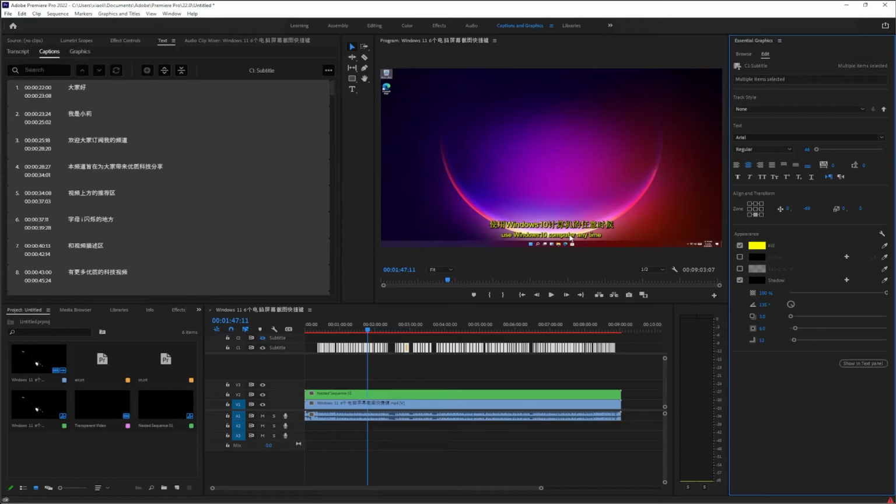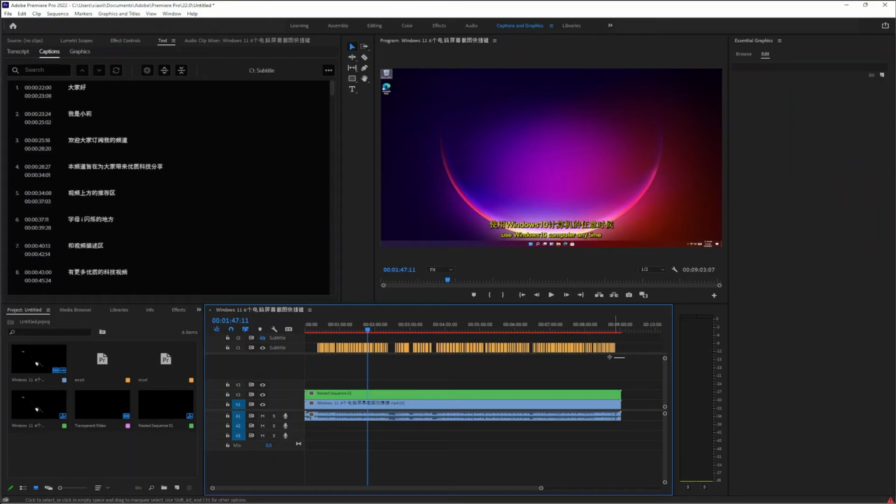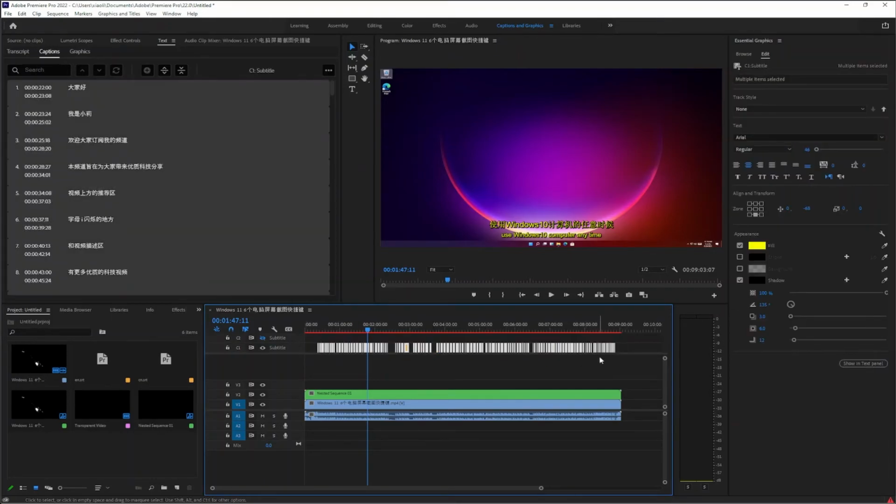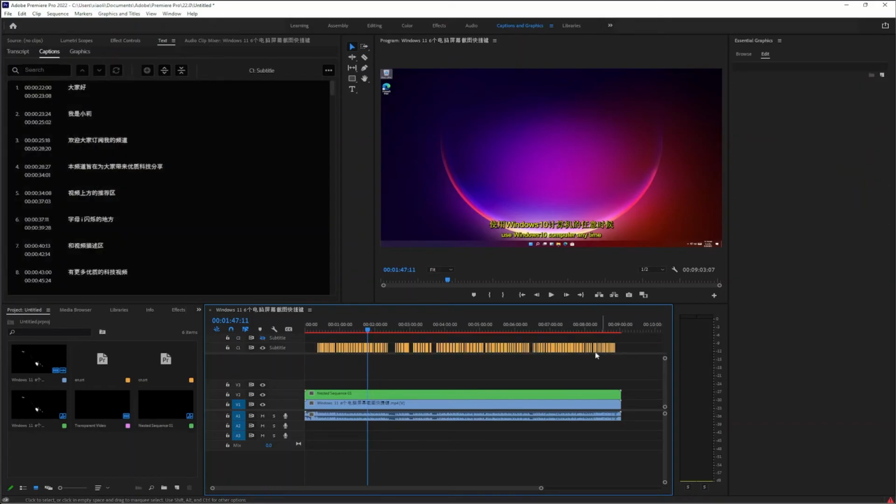One thing that needs a lot of attention is bilingual video production using this scheme. If you need to export subtitle files, you can only export subtitles for the current subtitle track, because English subtitles are not subtitles anymore. English subtitles and transparent video are already a sequence. So you can't export the English subtitles to an SRT file.